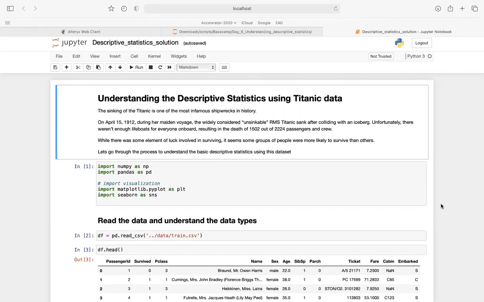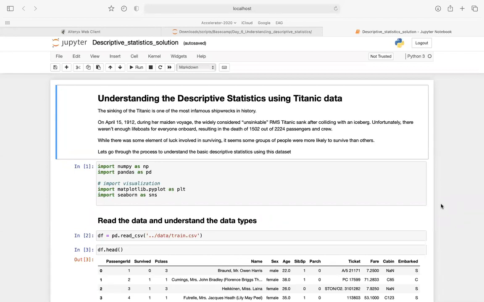Unfortunately, there weren't enough lifeboats for everyone on board, resulting in the death of 1502 out of 2224 passengers and crew. I'm sure everyone knows the history and I'm not going to go into detail,